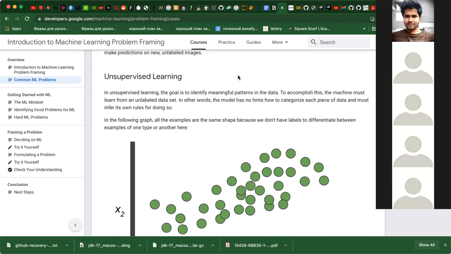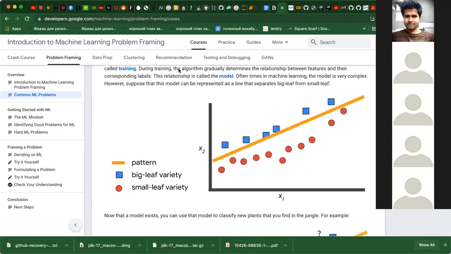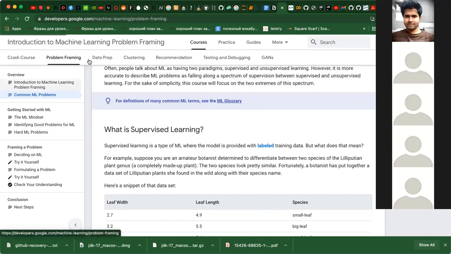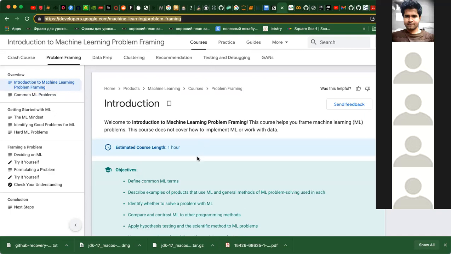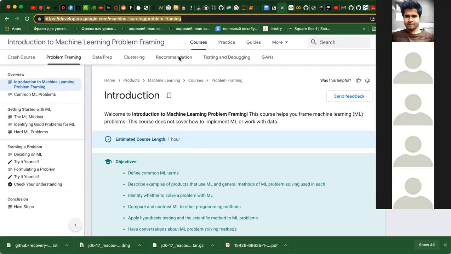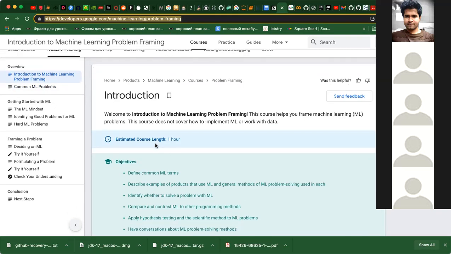So this is the first session on machine learning, and as a prerequisite, it's good to know the machine learning problem framing. So we started this study jam with this resource. I will put the link again in the chat if you don't see it. So our goal is to read the material with the estimated length of 1 hour. So we have a little bit less now.